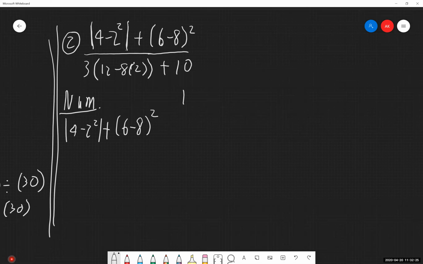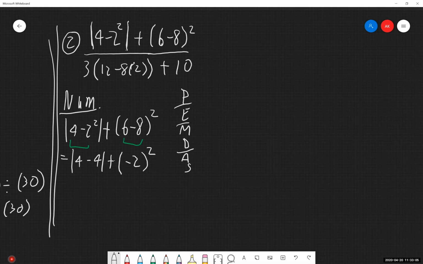So again, following PEMDAS, I'm writing this out for myself. And parentheses. Again, we treat the absolute value sign as though it were a set of parentheses. And then I explicitly have a set of parentheses in here, so fantastic. Whenever we go inside a set of parentheses, we restart PEMDAS all over again. So I'm working with the exponents first. I'm working with 2 squared in that first set. In the second set, I don't have any parentheses, exponents, multiplication, or division. I just have addition and subtraction. So I'm going to get -2.